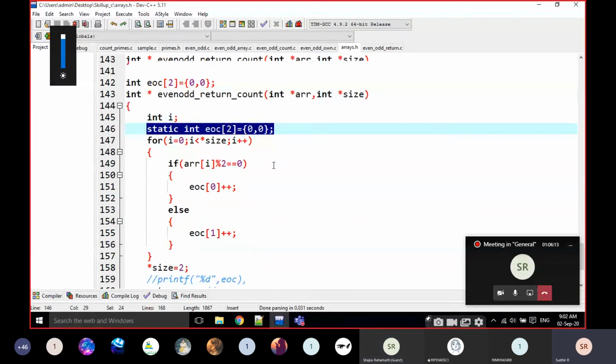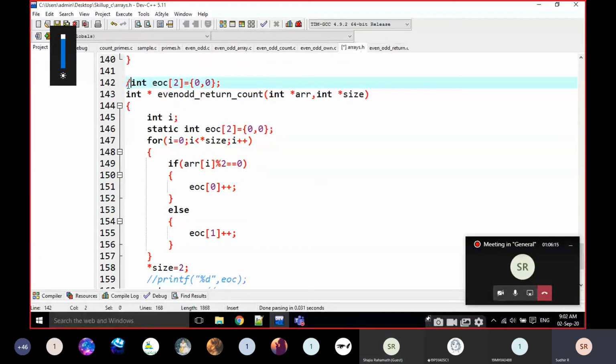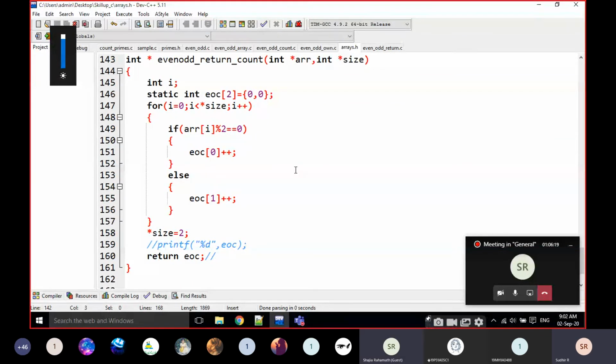Note it down. Anyone, we can write it as global or as static int. This is the perfect method for returning multiple values from a function. It's a good method.